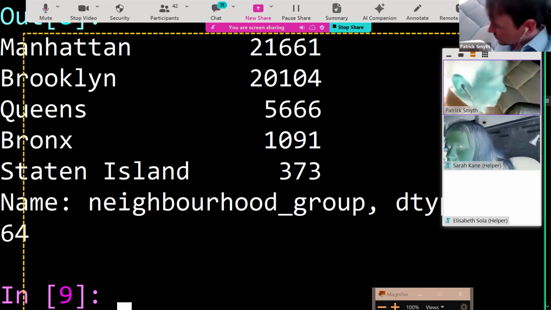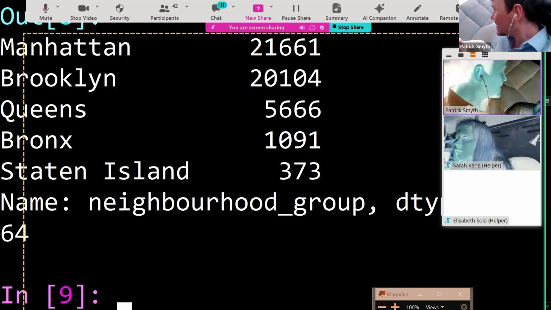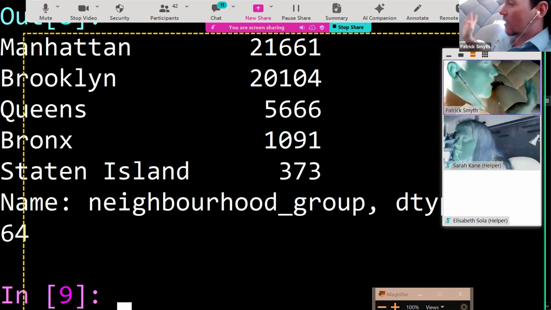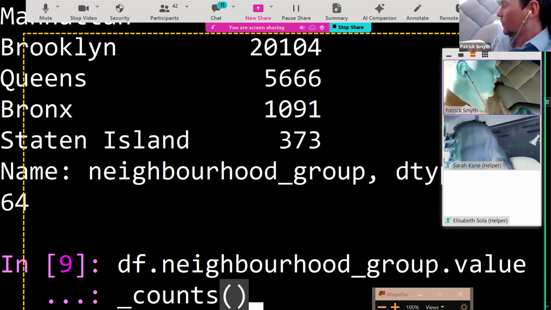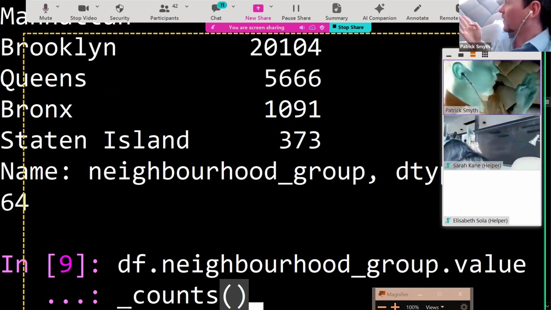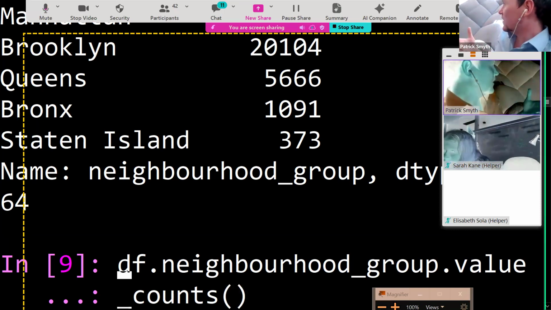So let's do this. First, let's save our counts to a variable. I'm going to tell you how to do that with some hotkeys. If you prefer to type it all out, that's fine, and we'll go over that as well. But let's press the up button. Colon, line counts left paren, right paren. That loads in the last line we ran, which will be the one where we get our counts. Now press Control A to go to the beginning of the line, and you won't hear anything. And then type,